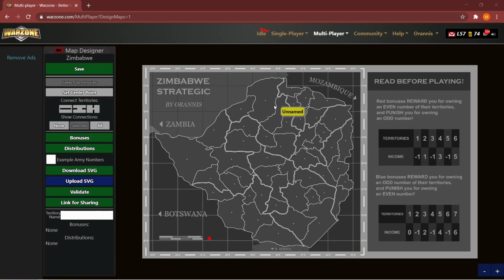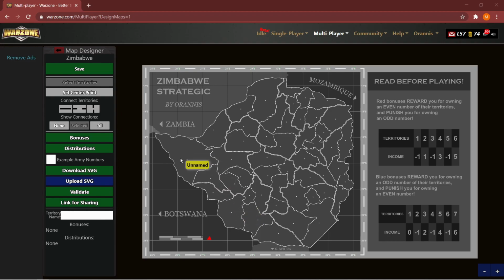So I actually had to go and fix my map a little. At some point during that time lapse, my territory IDs got reset, so I had to re-upload the SVG using that upload SVG button, the blue one on the side. Anyway, your territory should appear dark gray like this with a small dot in the center representing the center point of the territory. If your territories appear light gray as they did before I just made that cut, you got